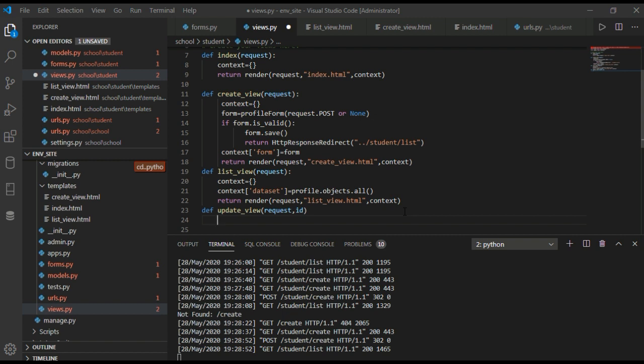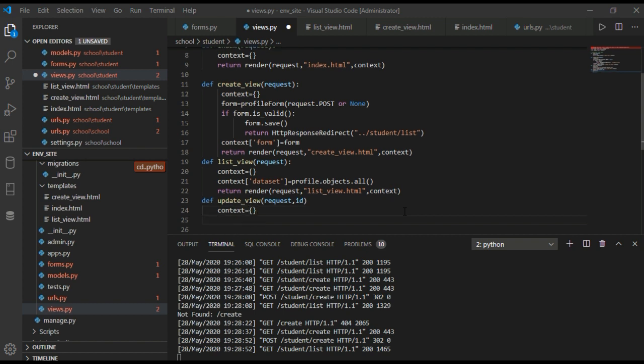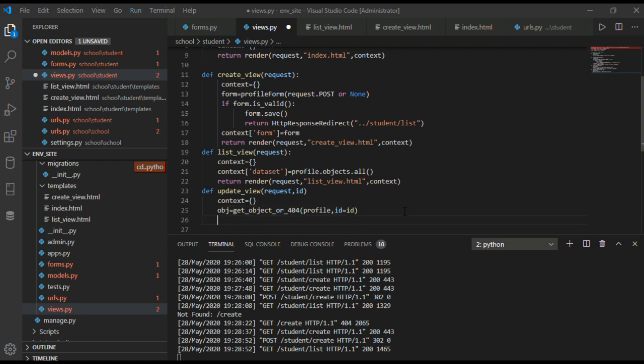Now let's see how. So we have update view, we have context is equal to empty, and obj is get object or 404.